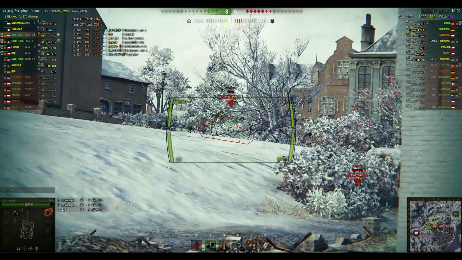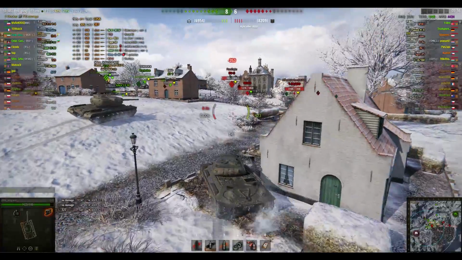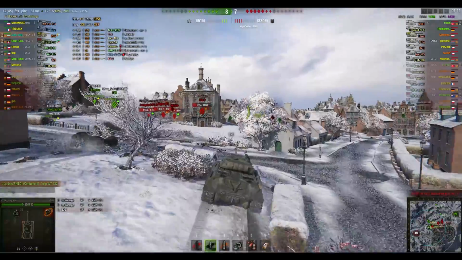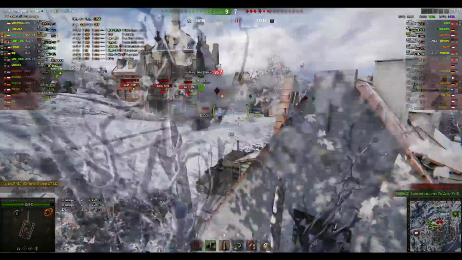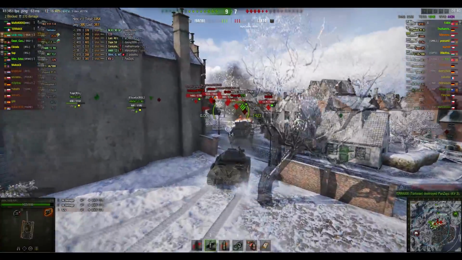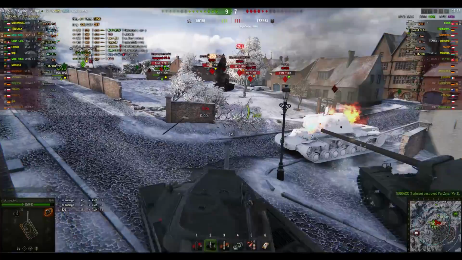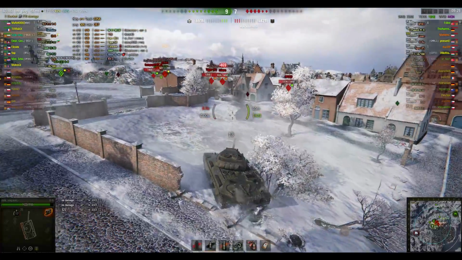And there's the KV-3 who's giving him his side, so he needs to eat one for that. Pushing forward together with the T-29. His buddy in the Jagdtiger is just going on the other side of the building. Couldn't really get the shot on the Löwe, but here comes